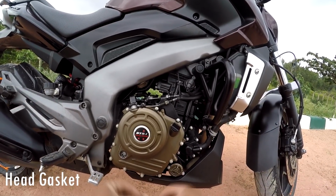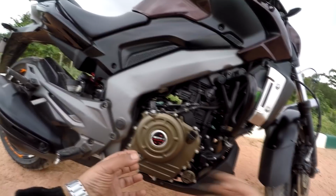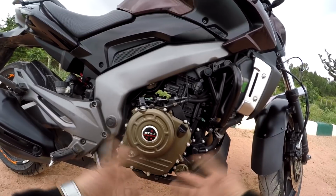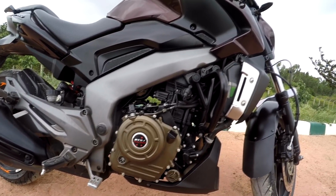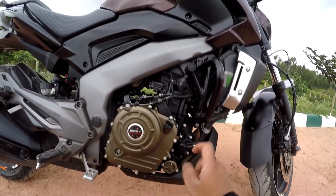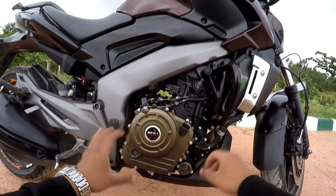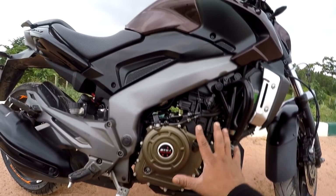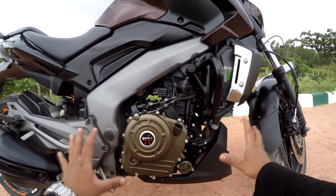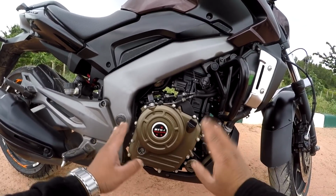That happens because a very small amount of coolant gets in contact with the piston bore or something there, which is very hot, and it burns immediately. It doesn't mix with the engine oil. But I have seen this, and I'm stressing on that. If you have a coolant problem, first check your air filter. You don't have to open your engine. In my case, I had to do that 4 or 5 times, and my engine sound had completely changed. But luckily, Kivraj Bajaj worked on it. They made it proper for me. So my problem was that